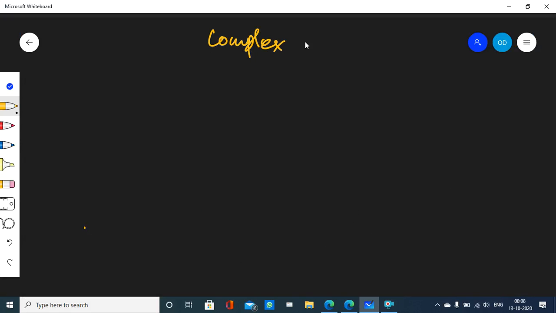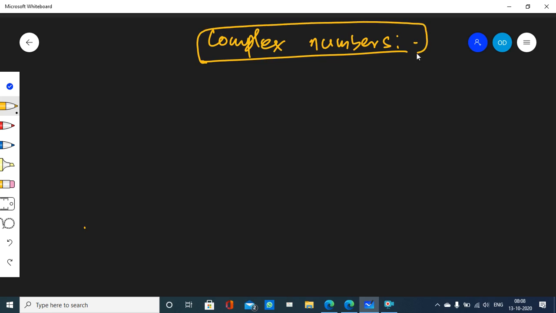In the complex number chapter, we have already covered up to solving quadratic equations with negative discriminant, right? If the discriminant of a quadratic equation is negative, then how to find the two solutions of the quadratic equation? We have already covered all that. But let's just go over the important points from the beginning of the complex numbers chapter, for the sake of revision.